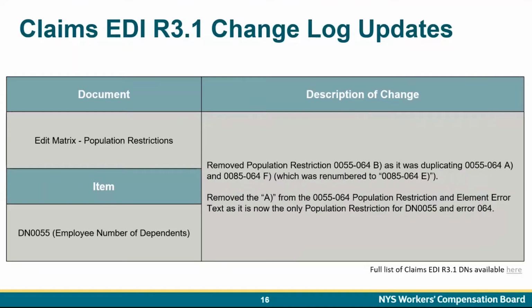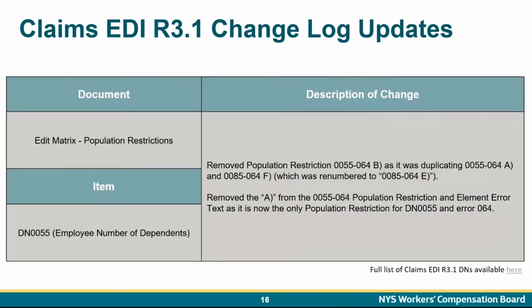The next set of edits, and for the population restrictions, they were removed, which resulted in relettering. So overall, we removed certain population restrictions and then relettered the other ones just to make sure they sequentially still showed properly. For this population restriction on DN 55, employee number of dependents, we removed the population restriction